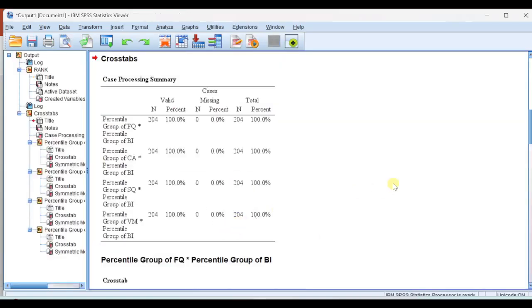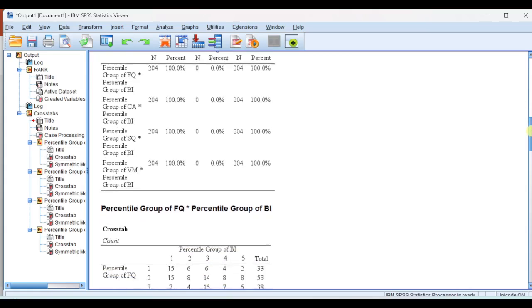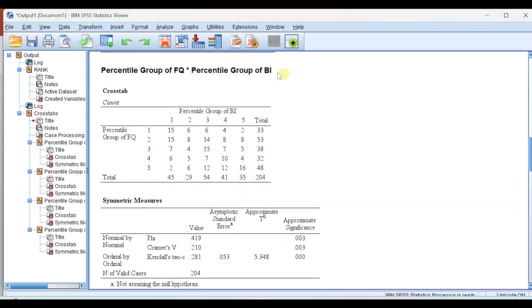So now I got the results. There are no missing values. So the first one is the crosstab of NFQ versus NBI, right? So you see here, this is the cross tabulation. And if I go to the symmetric measures, it tells me, if I see phi,